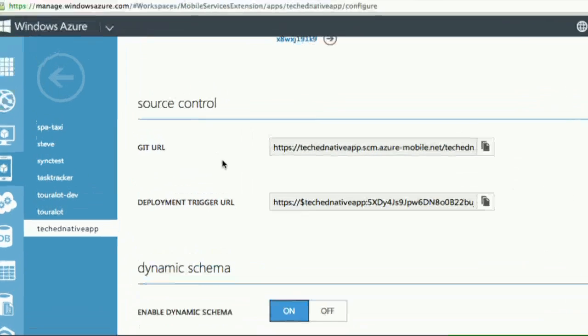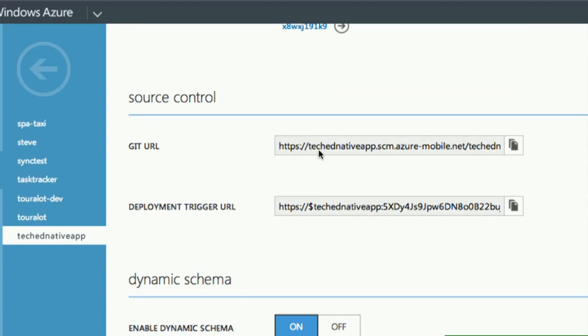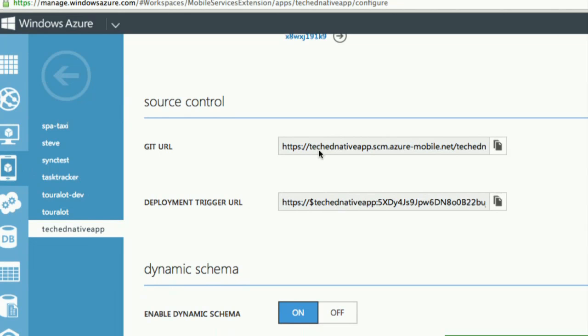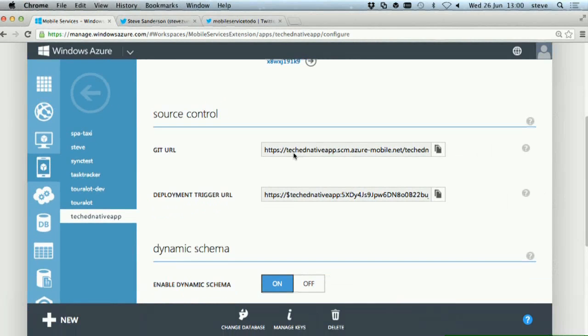But anyway, you can see it's using Git. So it's given me a Git URL. How many of you use Git? Good. I am relieved to see there's a good number, maybe nearly a half. Now, Git works with TFS as well, so those of you TFS people are not being left out. Git is a really nice system, and I'm going to check out my repository here.